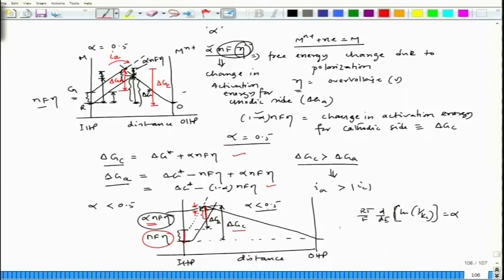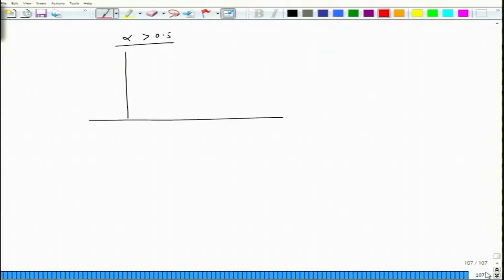This is the situation when alpha is less than 0.5. Now, we can have alpha greater than 0.5, this is IHP, OHP, distance, so the slope of this line would be steeper, since alpha is greater than 0.5, and then if we have